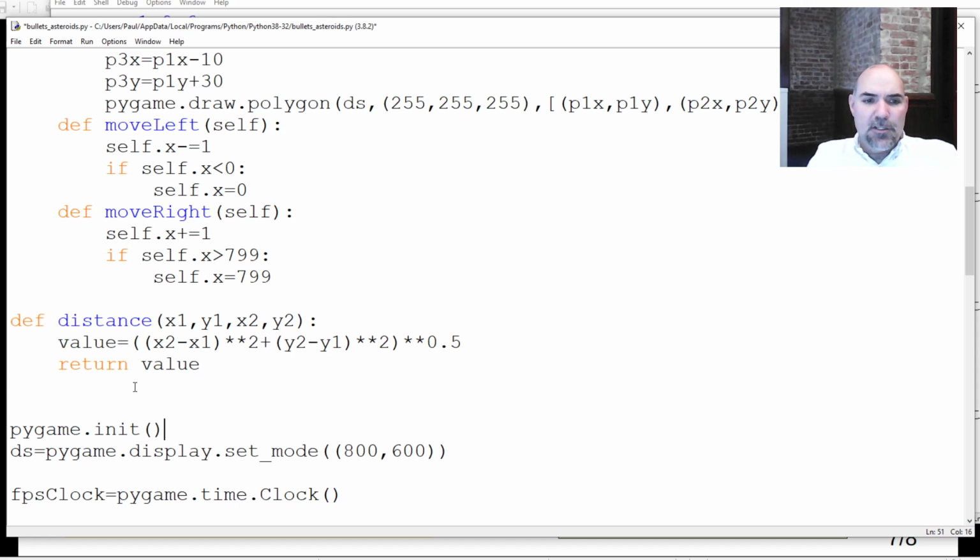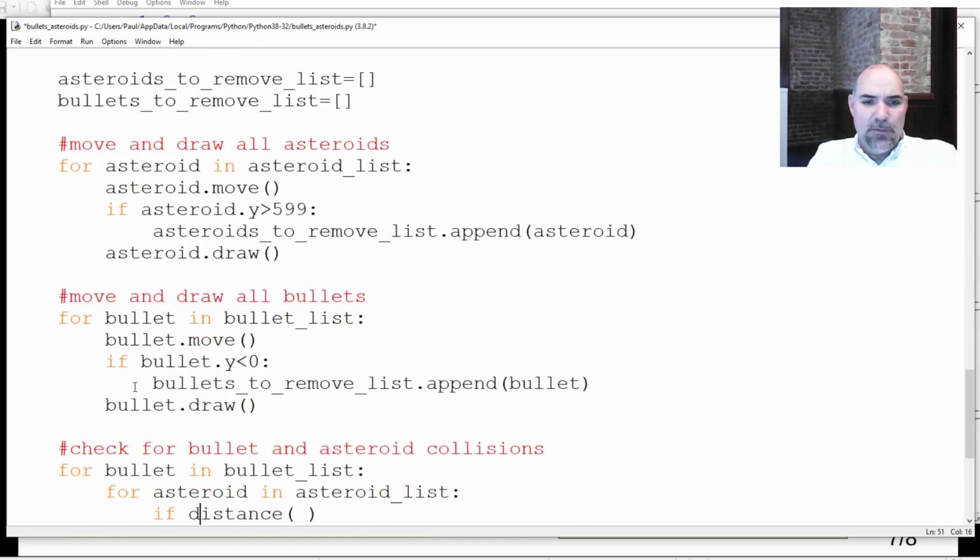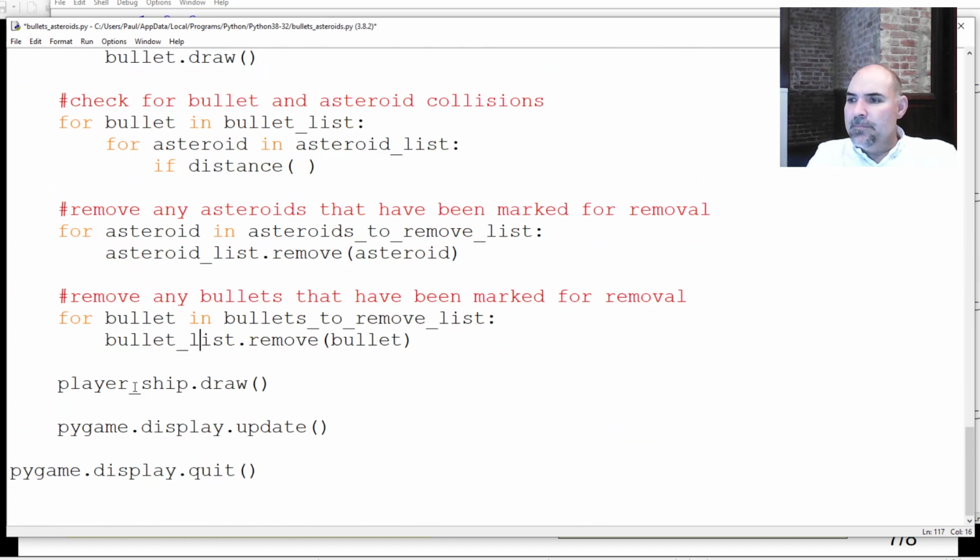And now we have a distance function we can use anywhere we need it. Now let's go back down to where we're using that. Okay, so here's a distance function. So in this case, what are the x and y? So this is going to be bullet x, bullet y, and asteroid x, asteroid.y. So if the distance between those two things ever gets to be less than or equal to the sum